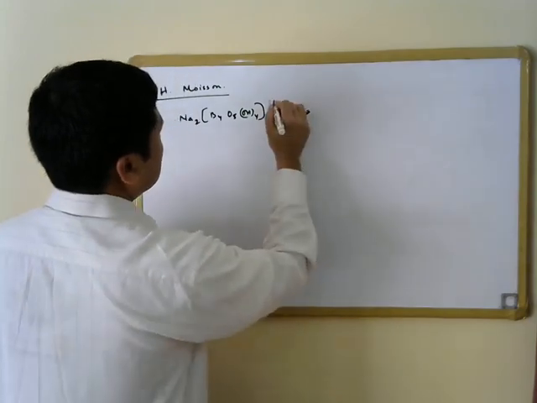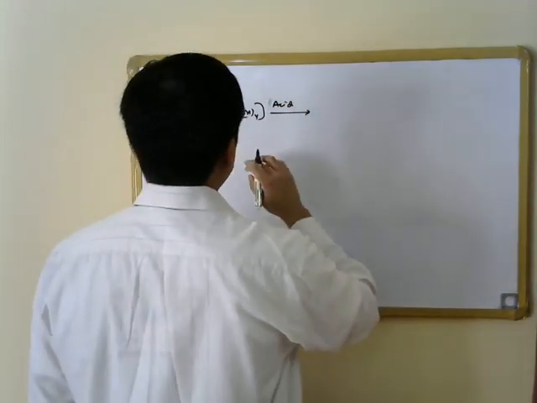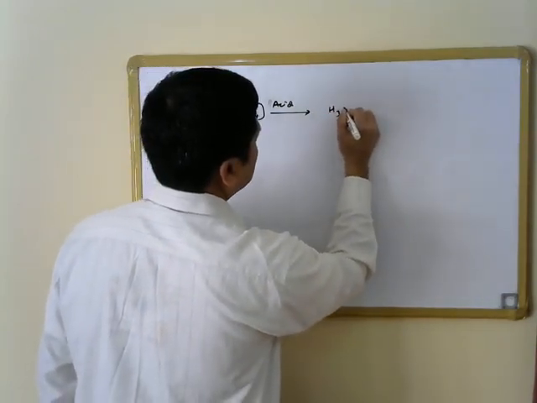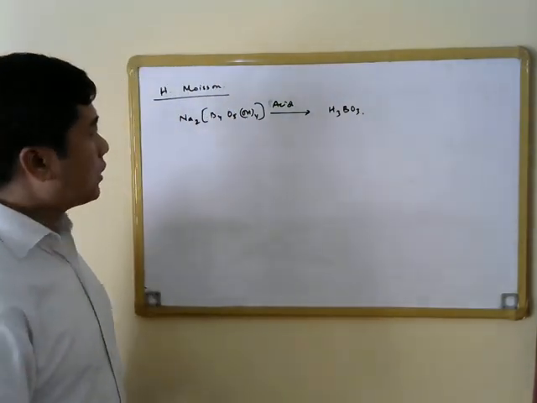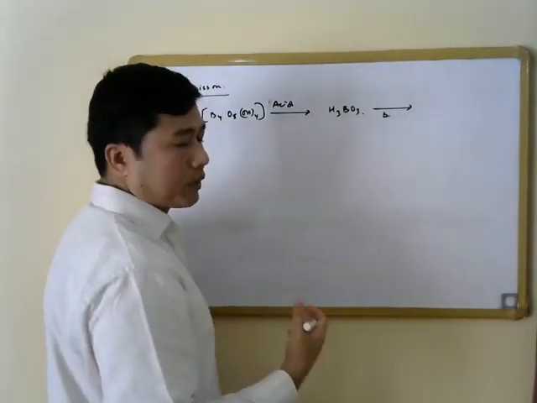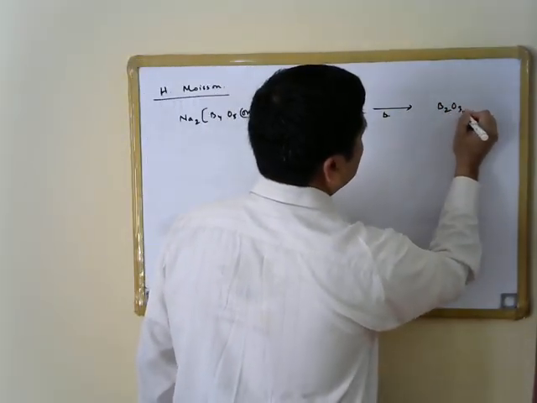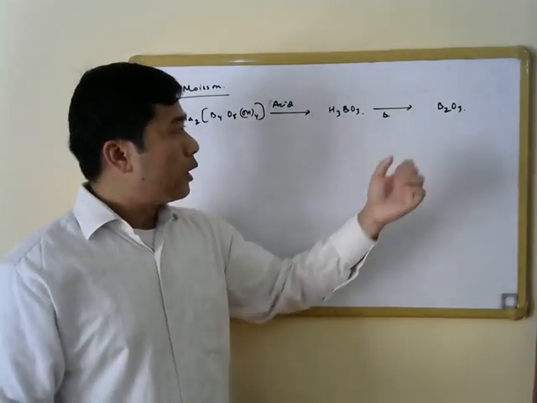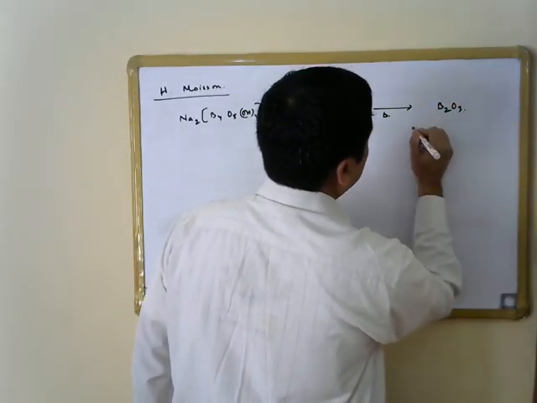Borax is basic, and when it reacts with acid, one can isolate boric acid. Upon heating, boric acid gets converted into boron sesquioxide, or one can say boron oxide. So that B2O3, we call it as